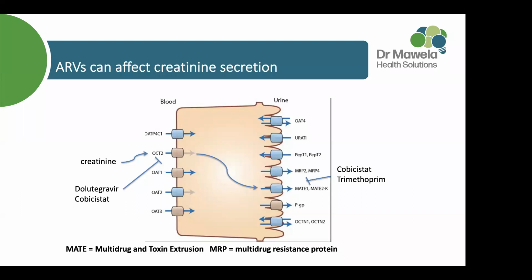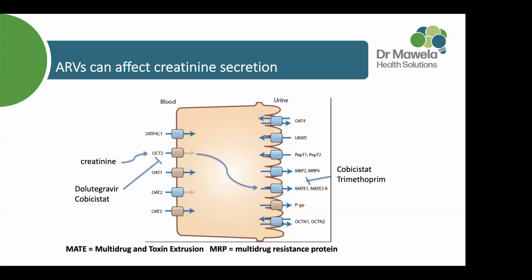It blocks the secretion of creatinine, for lack of a better way to put it, by the proximal tubule, which is quite important. But other drugs as well, like cobicistat, which is generally used with ARV drugs that need to be boosted, like your atazanavir,